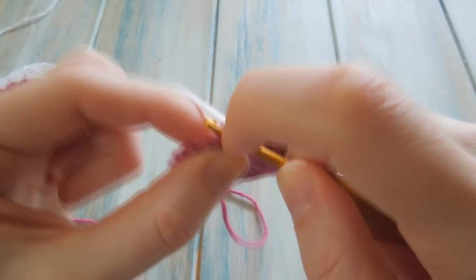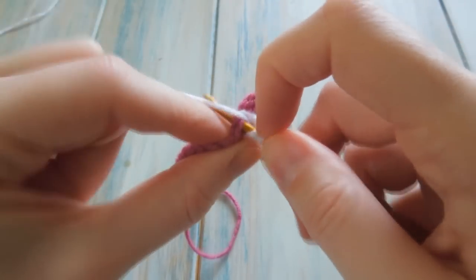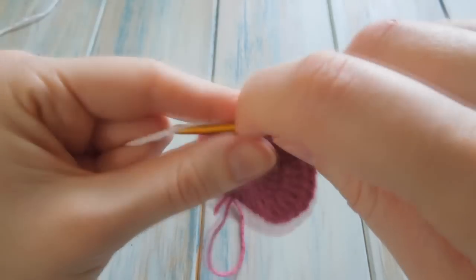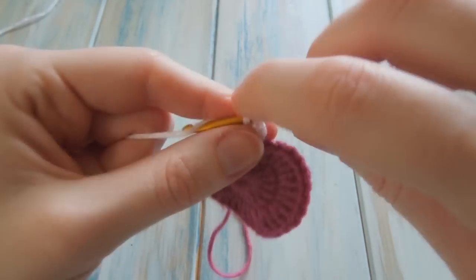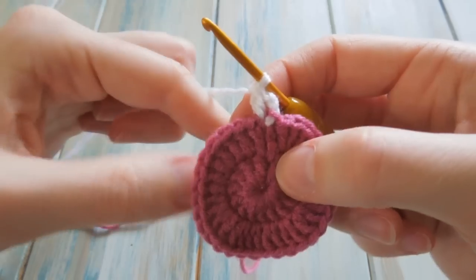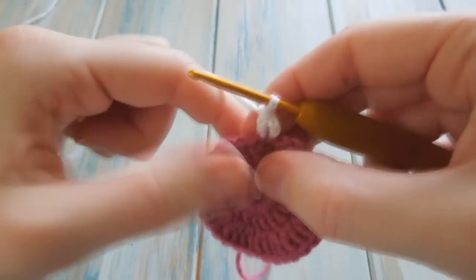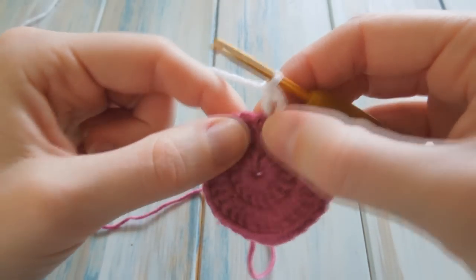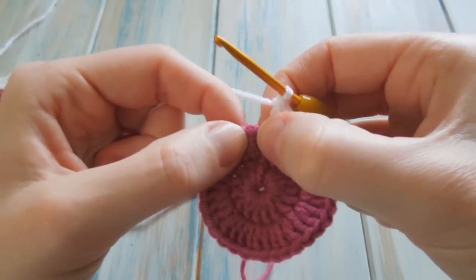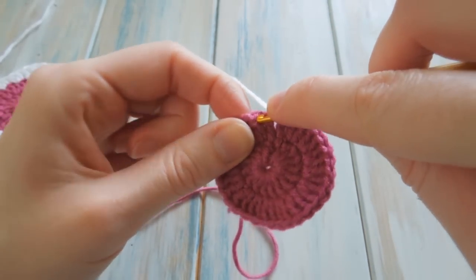So I'm just going to put my hook back into that same third chain that we just slip stitched into, bring that through and do a double crochet. So you've effectively now got 2 stitches in there. You've got your double crochet and a half double crochet. Just pull these tail ends down. Then we're going to skip 1, so skip that next stitch, and in the next stitch we're going to do a double crochet,